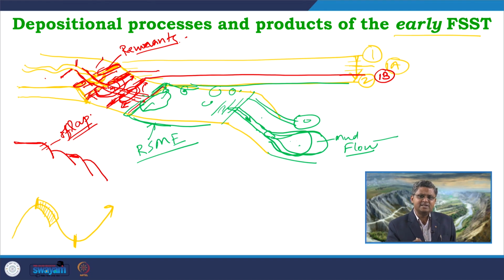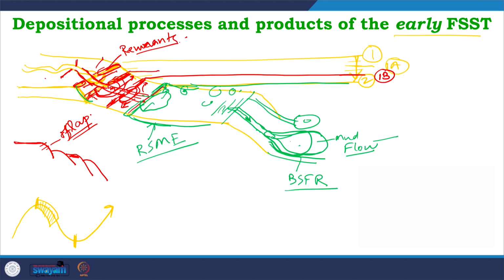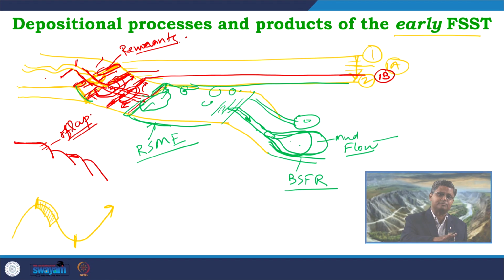they will characterize the deep basinal part, where we get this kind of very high density debris flow deposits or mud flow deposits as characteristic. So, definitely in these cases we can get at the bottom part the BSFR preserved, the basal surface of forced regression preserved, because these mud flow deposits will get deposited on the last HST surface. In this area also, locally in some places, we can get the preservation of the BSFR surface if that escapes the erosional process going on during these successive phases of fall of the base level.